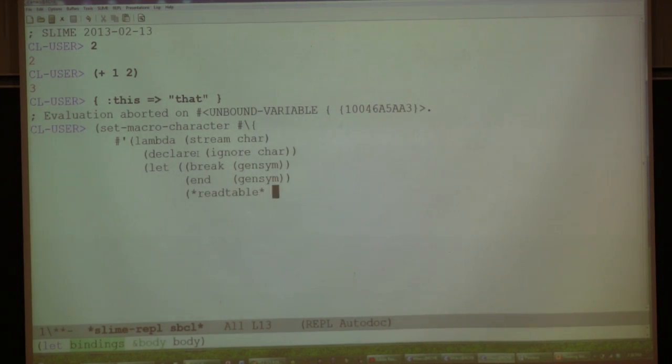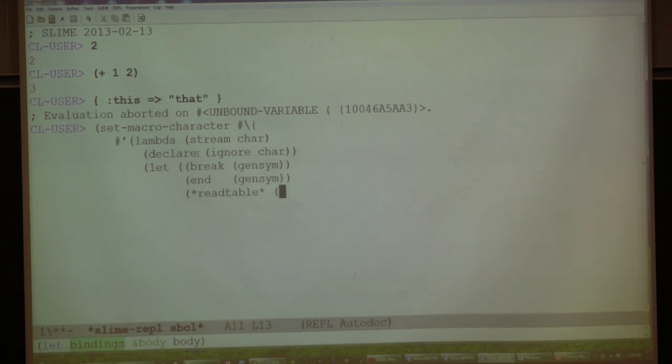Then we're going to do something really sketchy. So there's this thing in Lisp called the readtable, which is the thing that says, okay, we read in a character, let's look up and see, do we have to execute a function? And it's stored in the global variable *readtable*. And 2 asterisks say global variable, it's just a convention.